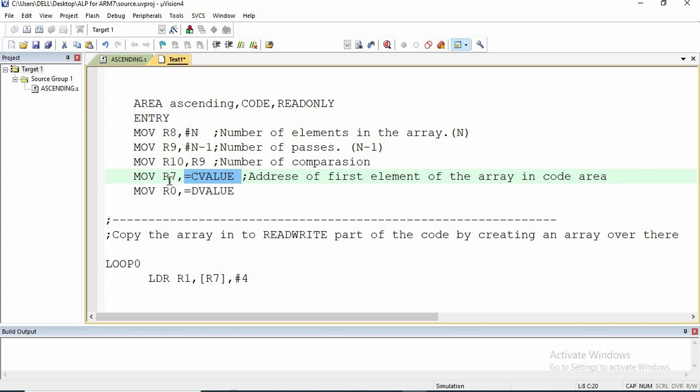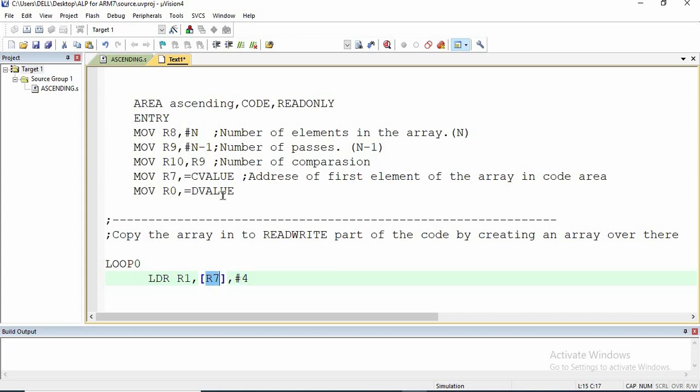When we write this, R7 will be having the address of the array's first element. So when I copy the first element in R1, I will increment the R7 value, that is the address, by 4 bytes,